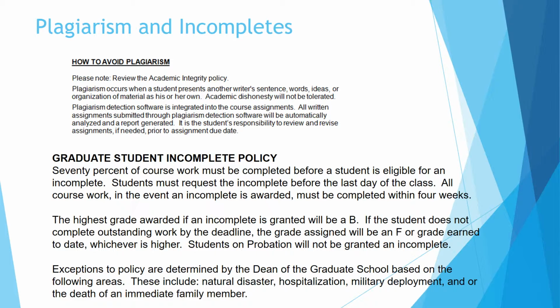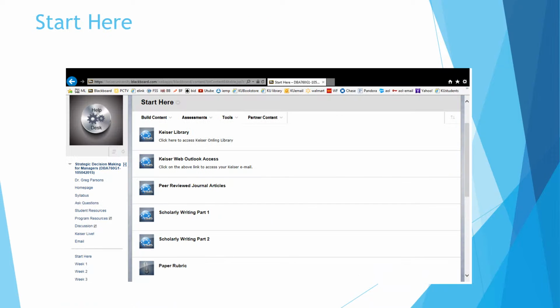The downside is the highest grade you can get is a B, because of course you're getting more time compared to everybody else. But in certain situations where there's just absolutely no way you could complete the work because of an illness, because of a death in the family, something that you couldn't get around, here's an option that we can work with. But you have to get in touch with me ahead of time to let me know that you're going to need an incomplete.